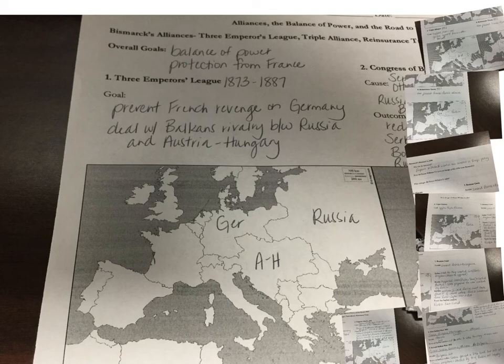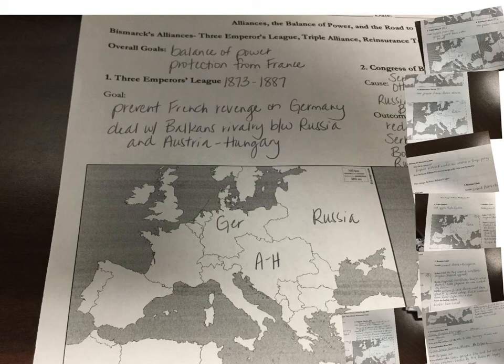All right, so the overall goals of Bismarck's alliances are to maintain the balance of power. So remember, the balance of power had been disrupted with the Crimean War. The concert system of Europe is pretty much over. But Bismarck still sees value in maintaining a balance of power in Europe. He also definitely wants protection from France. And if you think about the outcome of the Franco-Prussian War and how humiliated France was, he is concerned that France is really going to be seeking revenge against Germany. And so that's kind of a secondary thing that he's trying to achieve out of these alliances.